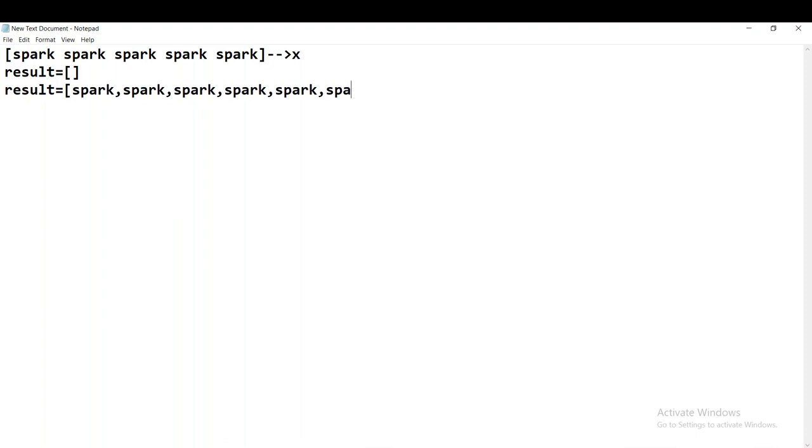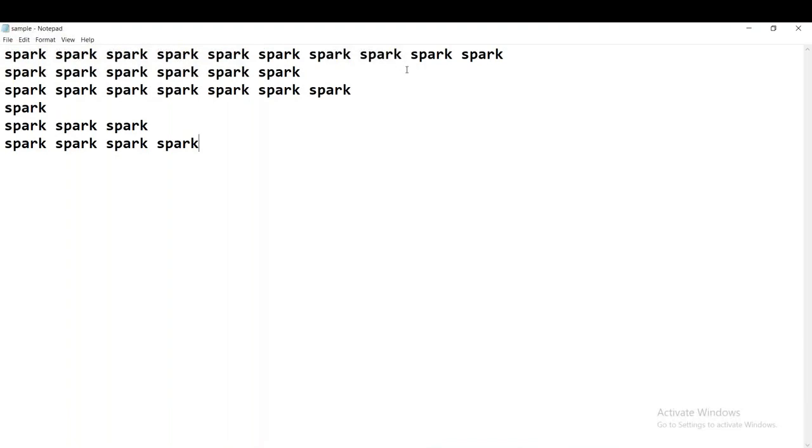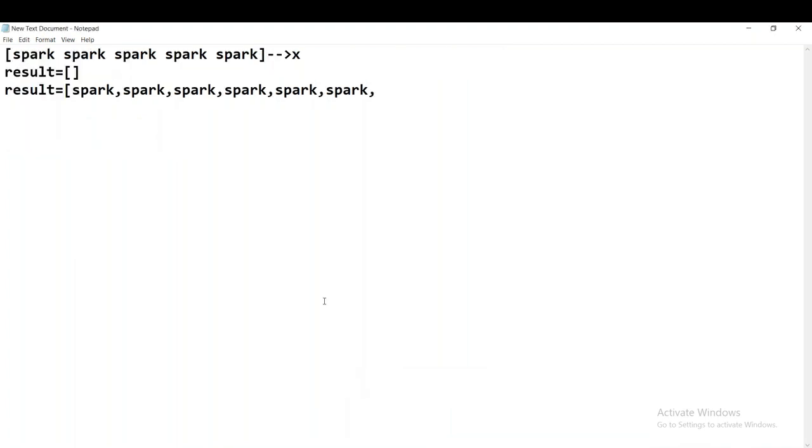5 spark and the rest no data. According to our data here, the maximum number of words is 10, right? Suppose this has 7 words, in the output how many have to be there? 1 2 3 4 5 6 7, and the remaining 3 words must be what? No data, no data. Perfect, right? So here 1 2 3 4 5 are there, and the remaining 5 must be no data, like this. Got it, guys?